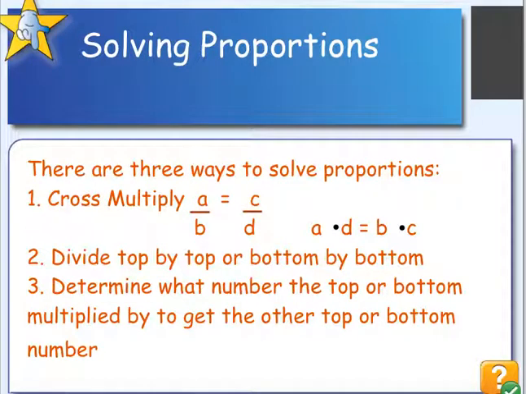There are three ways to solve our proportions. One is to cross multiply and say A times D equals C times B. We can divide the top by the top or the bottom by the bottom, okay? So if we divide A divided by C, we're going to have the same ratio from B